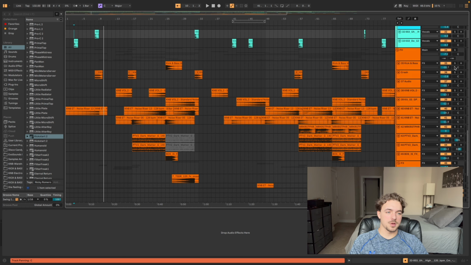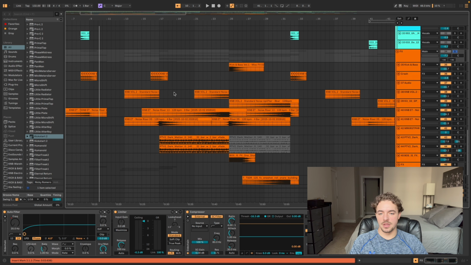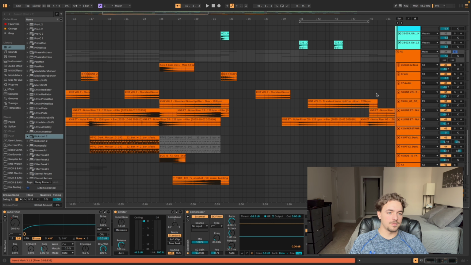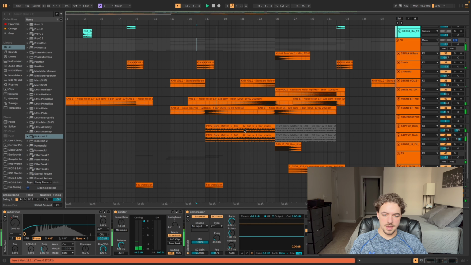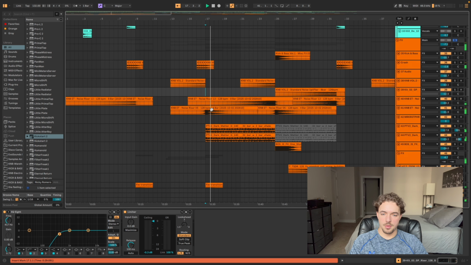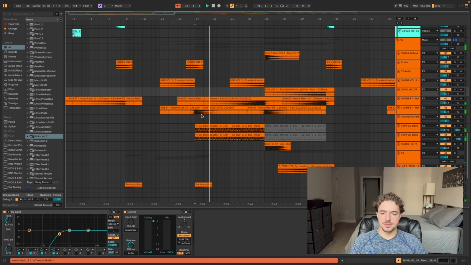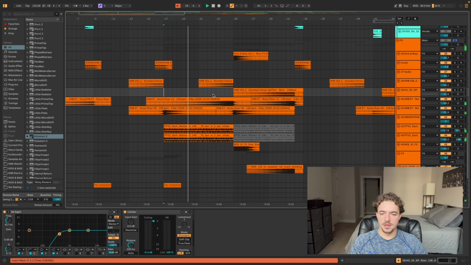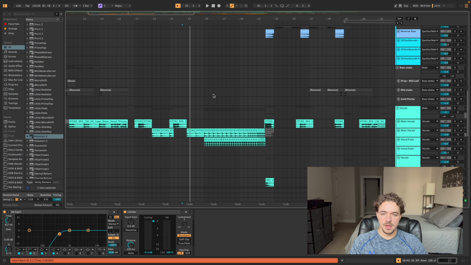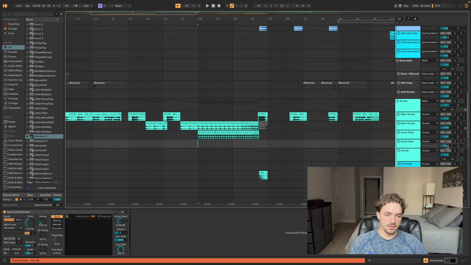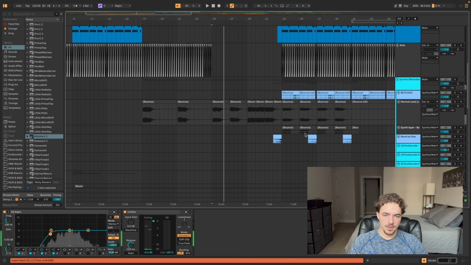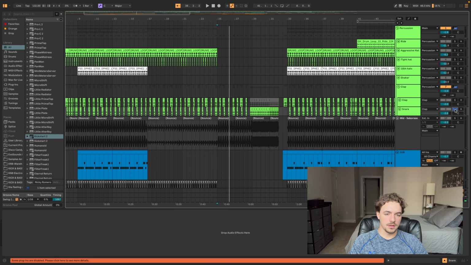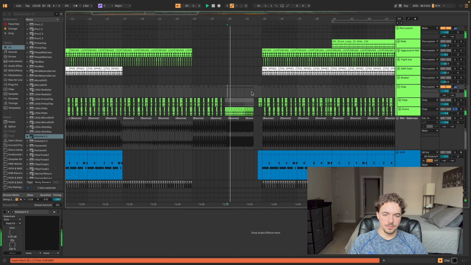And I would say effects are often overlooked. I have a lot of channels in here. I have like 15 channels of effects. So I have some atmosphere here. Some kind of breakdown noise risers. This is a reversed build, and then obviously I'll have vocal stutters in here, and then the snare roll,